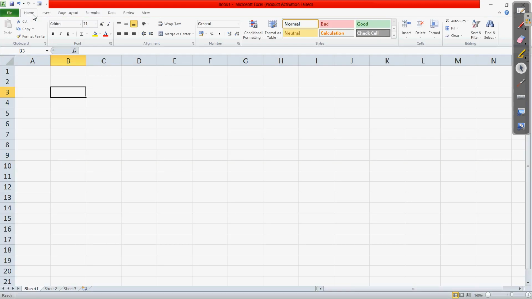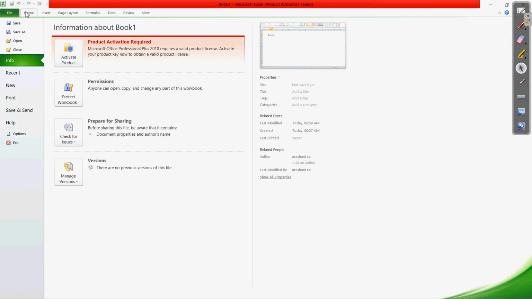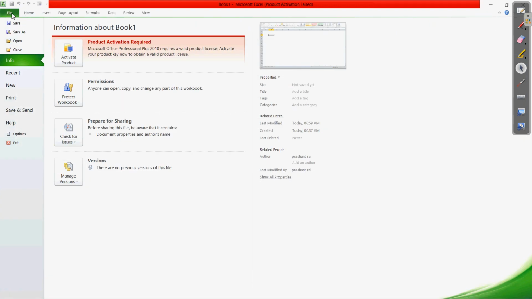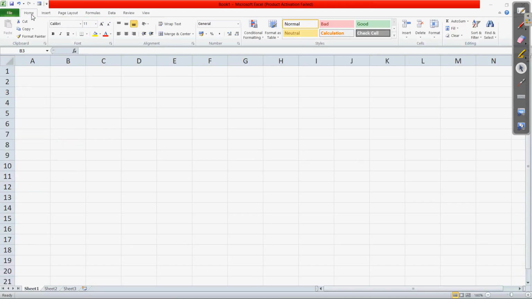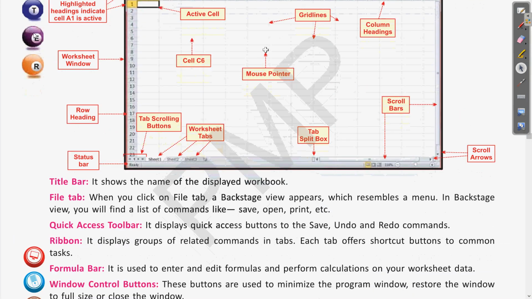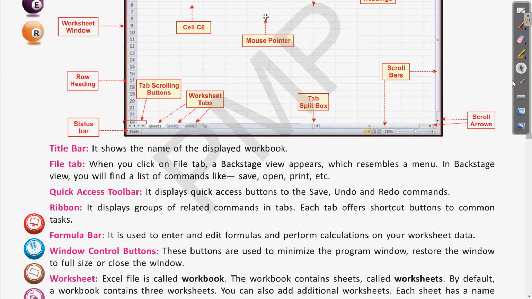At the top we have different tabs. These are called tabs, like file tab, home tab, insert tab. Clear. We were talking about the file tab, where we have the different options related to file operations, like saving, opening any new file. If you want to get any of these files printed, we can go to this file tab. Now next, let us come again, next is the quick access toolbar. So what is the quick access toolbar?